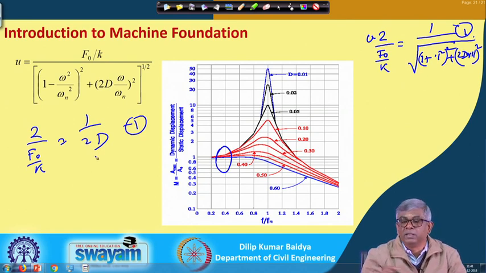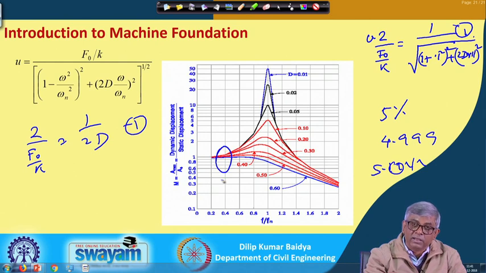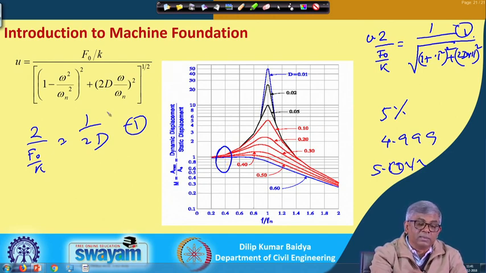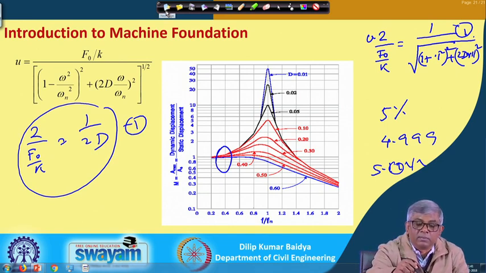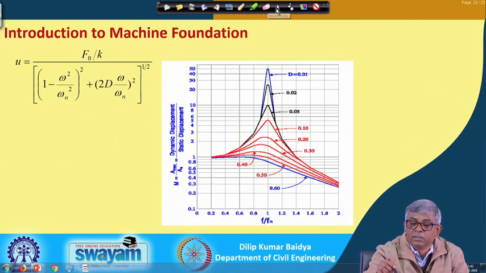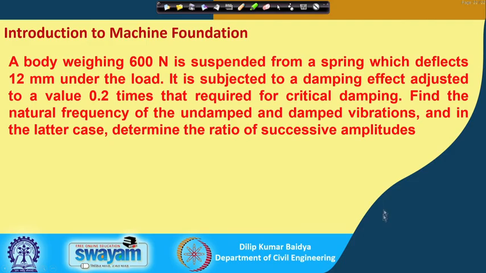In fact, if I use this expression and solve, finally instead of 5% we may get 4.999% or 5.111% or 5.01% or something like that. So, we will get a very close value. So, it is better to use this observation, that at a very low frequency ratio your magnification factor is 1, and at resonant frequency the magnification factor is given by this equation, and then equating these two one can get the value for damping. Okay, I have one more problem, but I can take this problem later on. So, I will stop here today. Thank you.